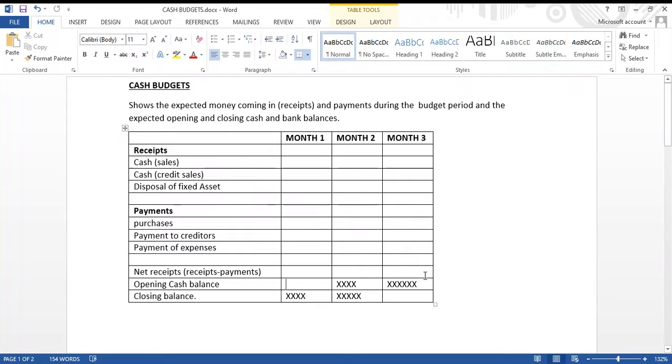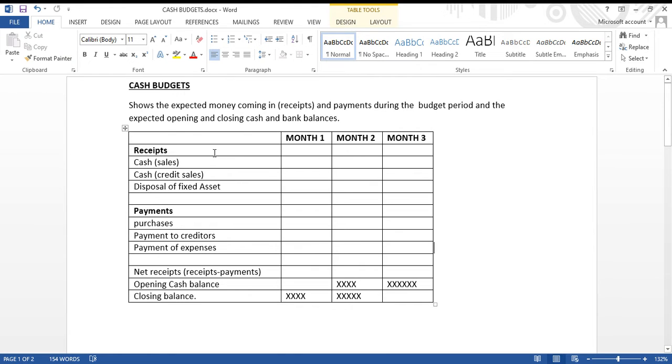All right, so today we're looking at cash budgets. This basically shows us the expected money coming in and the expected payments during the budget period, and it's going to give us our opening and closing cash balances. So this is the format